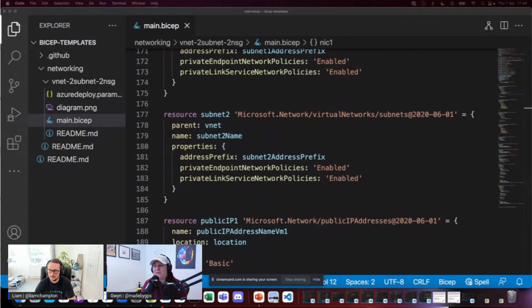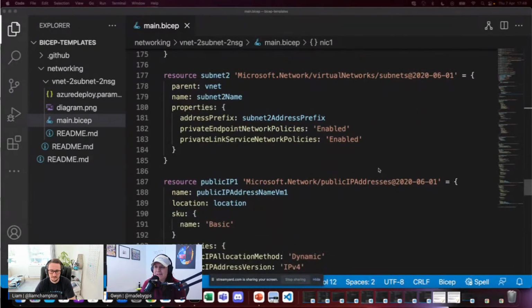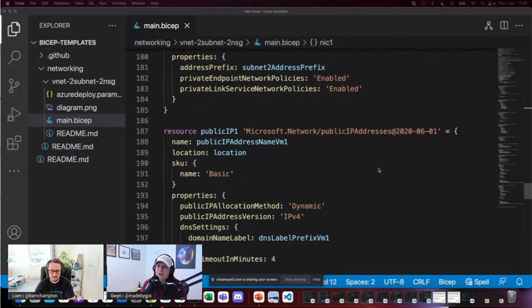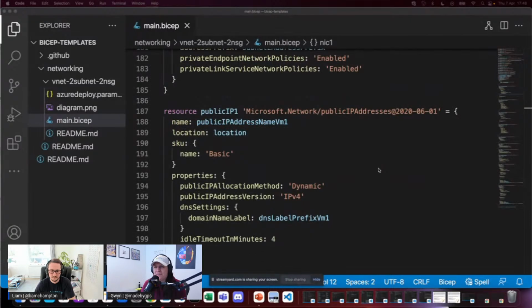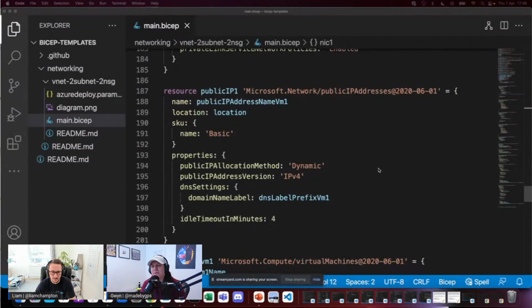And then we've got our public IP address. This is going to be associated with our public subnet and then our VM that will have access to public internet. And we can see that, here we go, SKUs. I knew we had SKUs. Looks like our public IP address SKU is set to basic. I think basic is